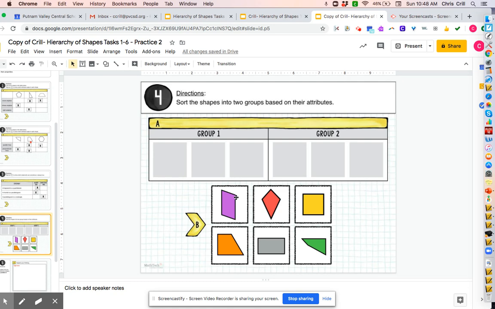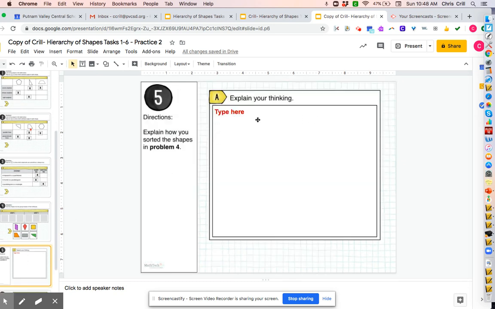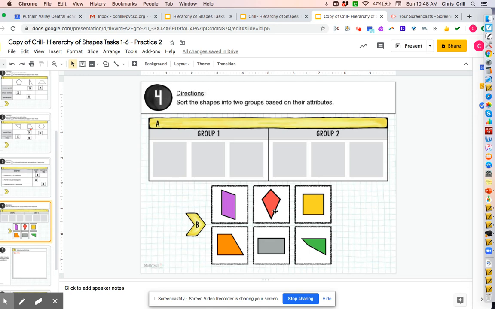This next task, you did this yesterday. You have to decide how you're going to sort these shapes. And remember, you're going to be either sorting them based on the type of angles they have or how their sides are related or possibly even both. So like yesterday, you're going to sort these shapes and then you're going to explain by typing how you sorted those shapes. So maybe you wanted to say, all right, I want to put all shapes with only right angles,